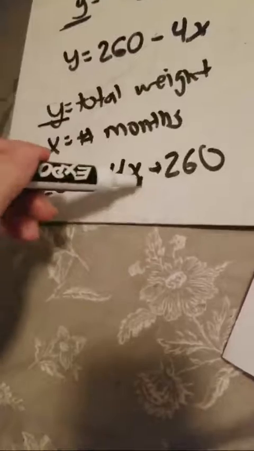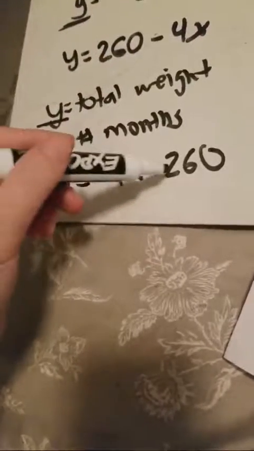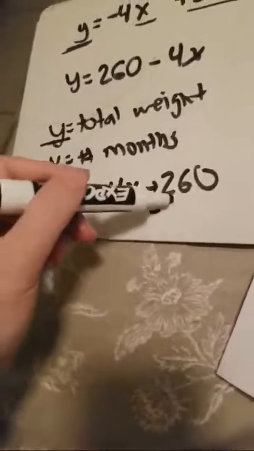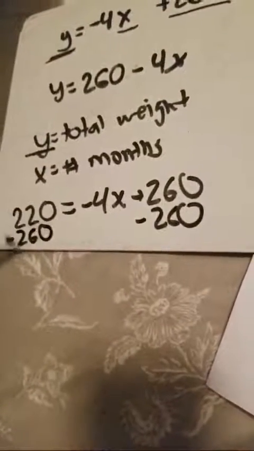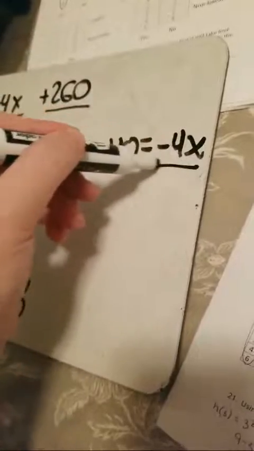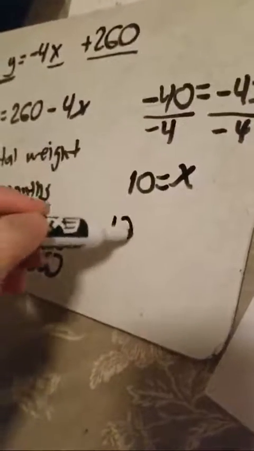So now I'm just isolating for X. Let's get rid of this weirdo. It's addition. The inverse is subtraction. Well, if I have 220 and I take away 260, I now have negative 40. I canceled that out. I'm going to bring over this negative 4x. Well, this person's super negative. I want to get away from him. So they're negative 4 times x. Inverse of multiplication is division. 10 equals x. So now it's not 10, it's 10 months. So remember,